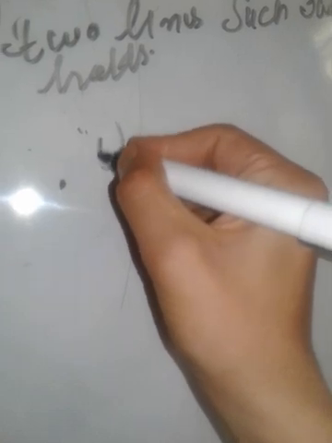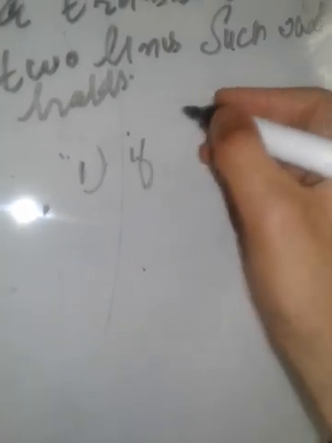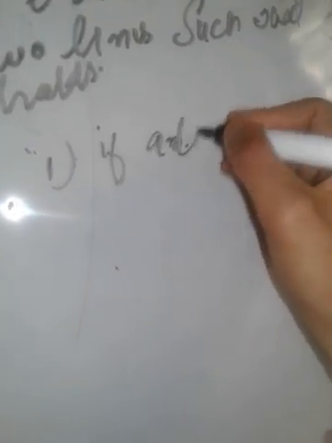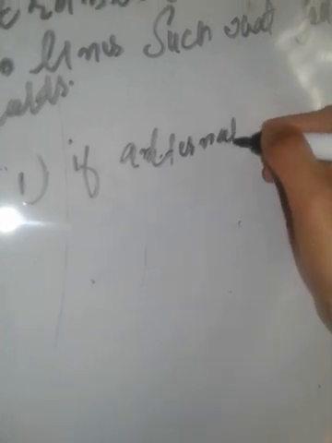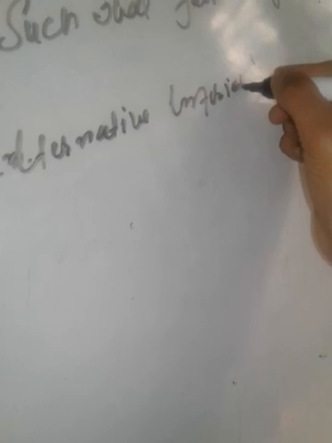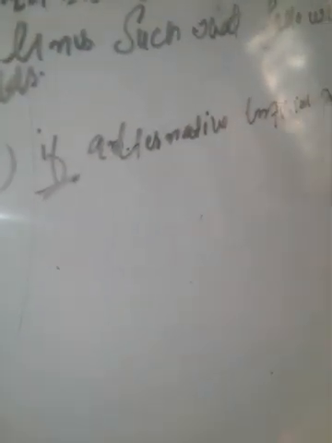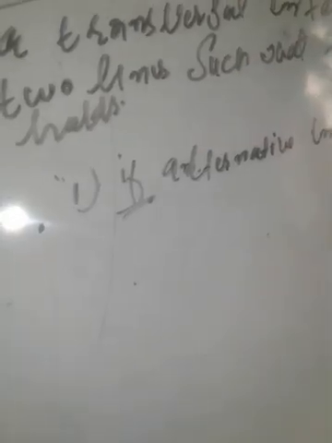Number one, if alternate interior angles are equal. Here we are given the lines in such a way that alternate interior angles are equal. What was in the previous statement? Alternate interior angles were equal because the lines were parallel. If alternate interior angles are equal,